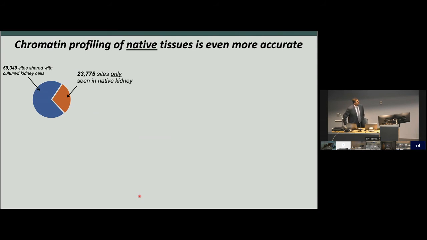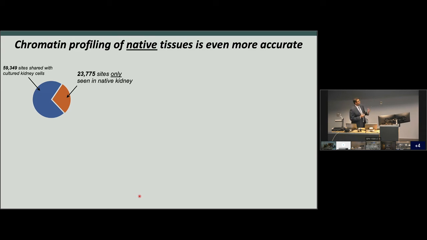So more recently, we're trying to take this even closer to the tissue. The data that I showed you before was using really cultured cells. And I told you right at the very beginning that these maps are super sensitive to the state of the cell. So clearly growing things in 2D is a non-natural state for these cells. They're grown in the presence of serum, which is also a non-natural state for most cells. And so here we have more recently generated maps from native kidney cortex and medulla.